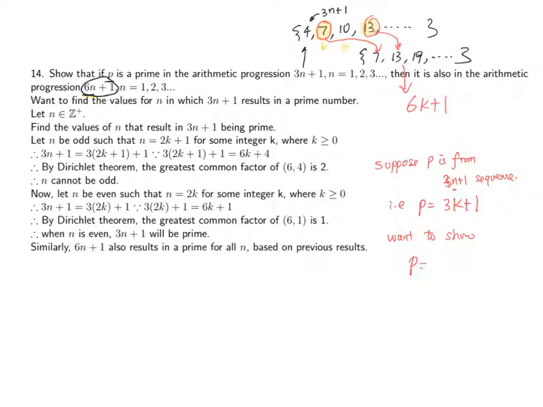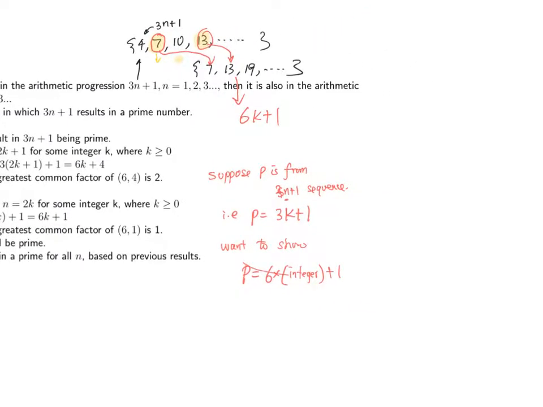Now you want to show P can be written as 6 times some integer plus 1. That's basically what you want to show, so that any prime in this form can be written into this form. And I do like that you discuss odd and even, because now you can discuss